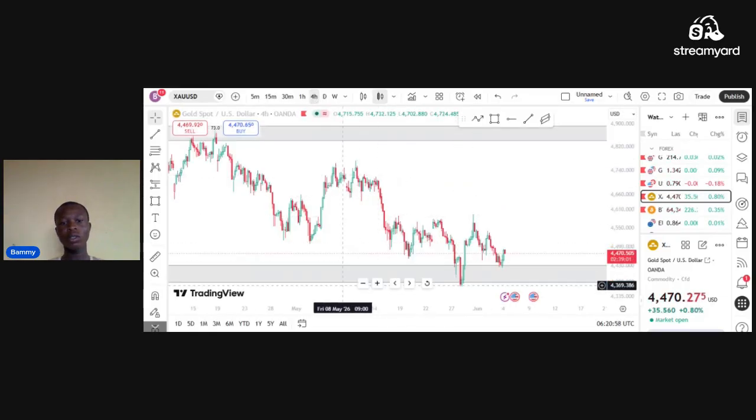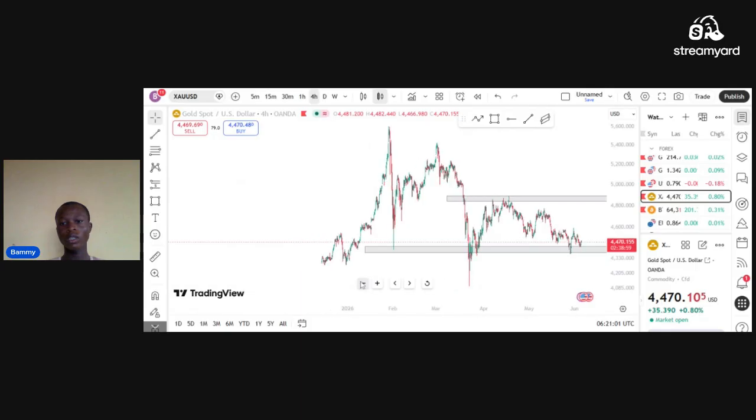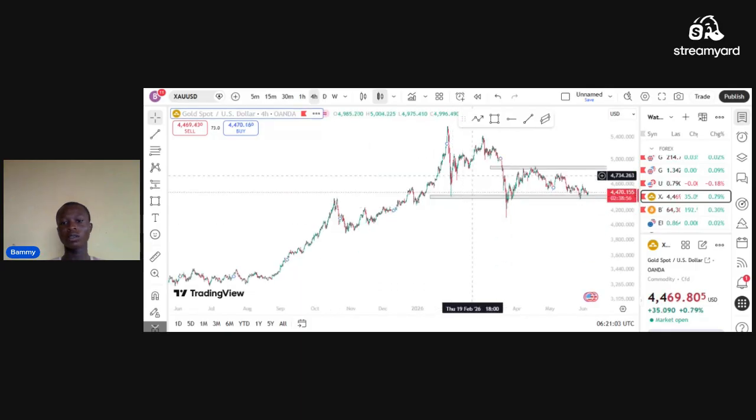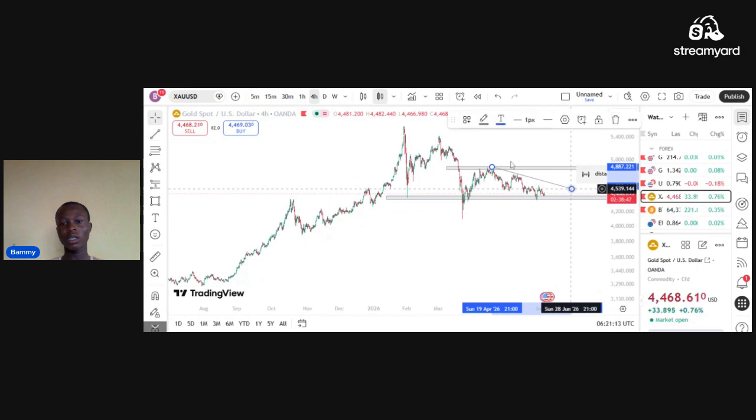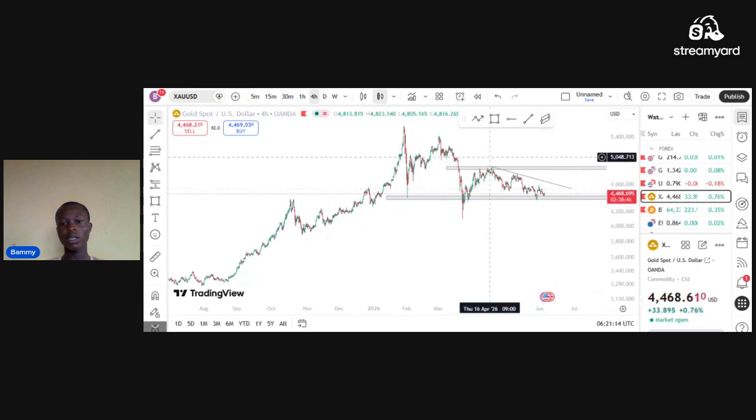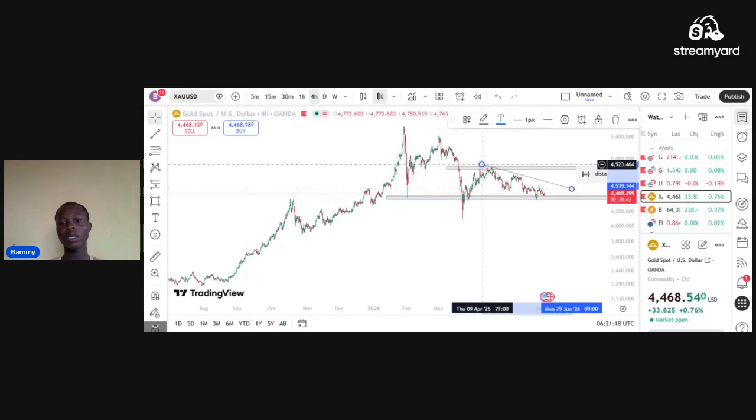On 4 hour time frame, what can I see? For me, I can see this trend line has not complete because it has not given us a reaction. So it's not complete. So I can expect the market to come back here, maybe before it breaks here or after it breaks here. So I can see this trend line, and I can also see if I zoom out,